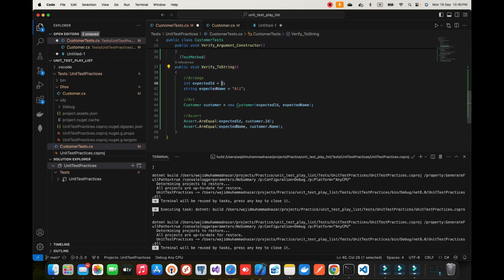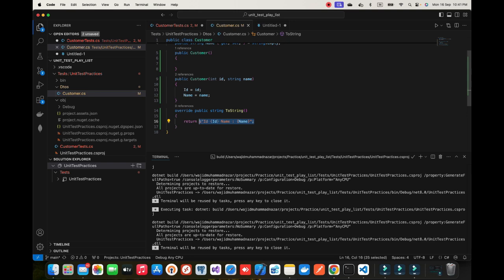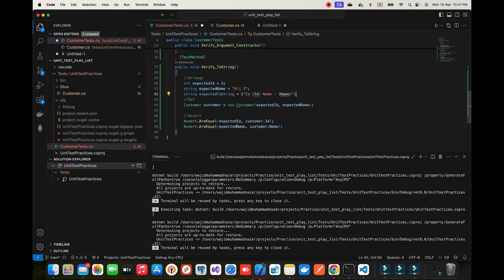Now we will just change the values of the variables. So I will just call it Ali3, and we will create another variable which we will call expectedToString, where what I'm expecting is I will write the same thing here, dollar and then ID, and I can copy it actually, so I will just copy it, assign it to this one, and instead of ID I will say expectedID, and then I will say name, and here what I will say, and we